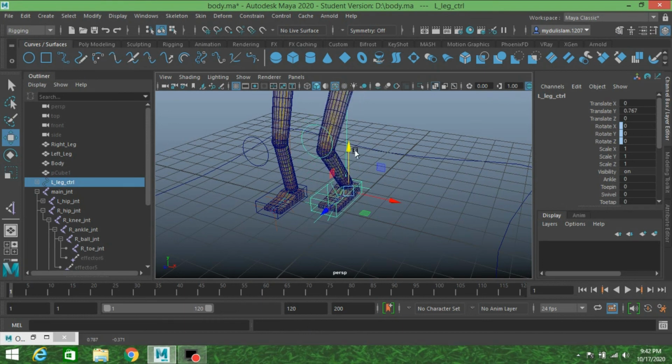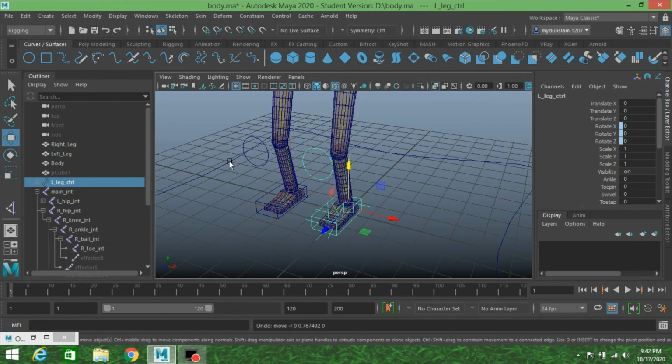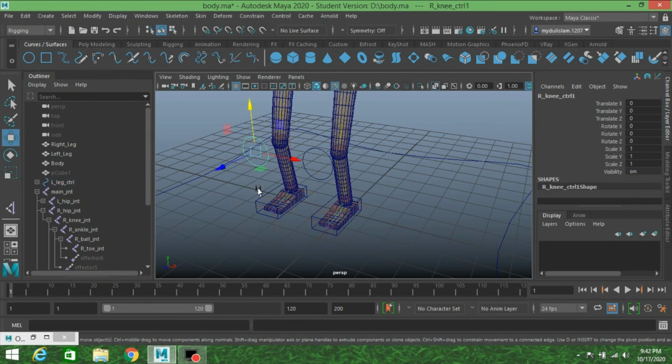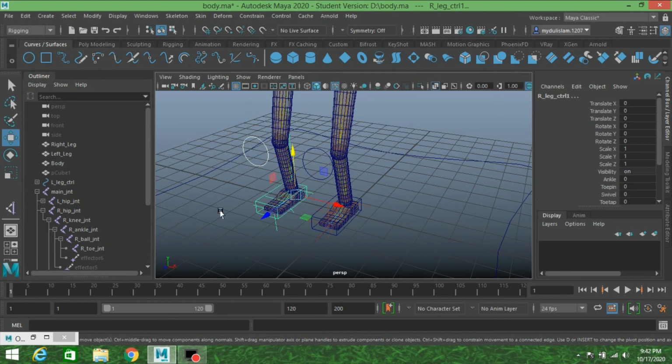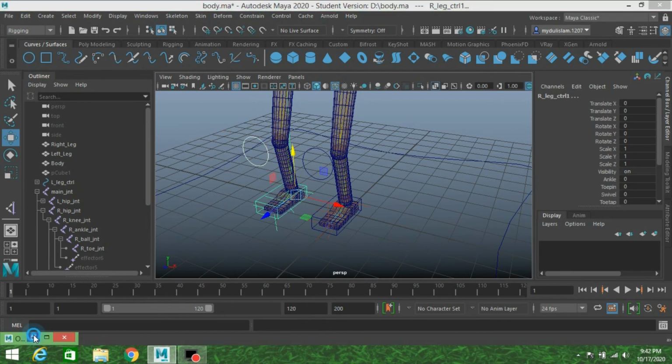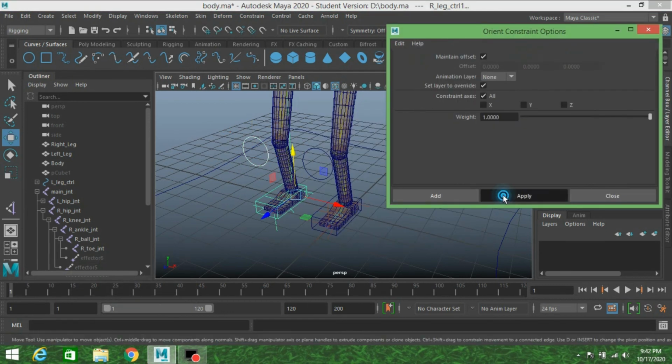See, do the same for the right leg controller. Click apply.